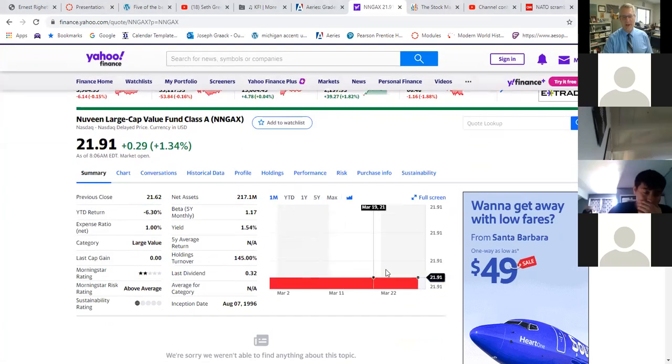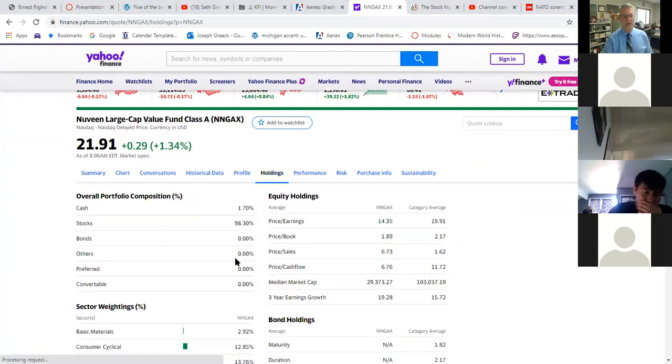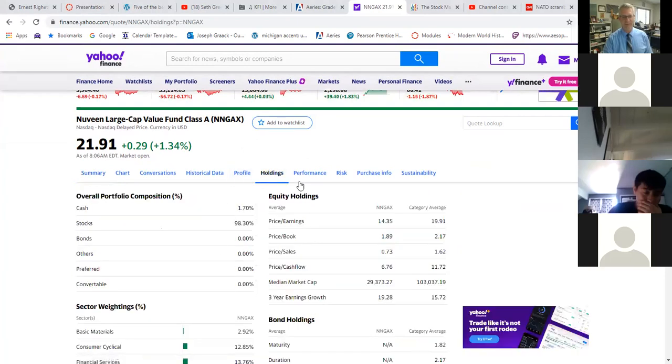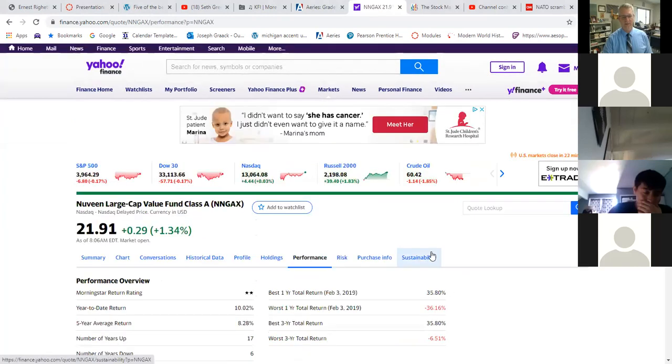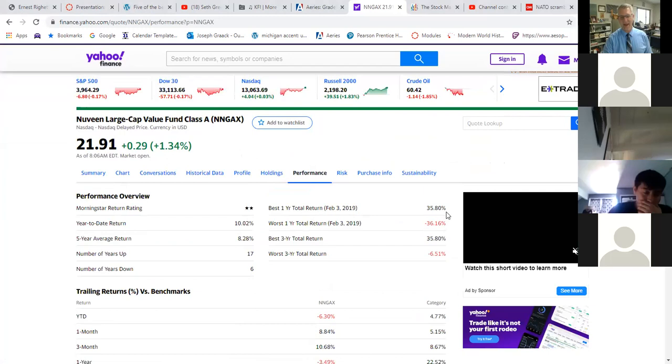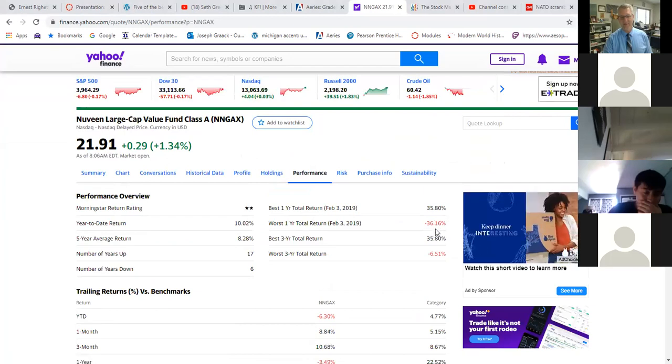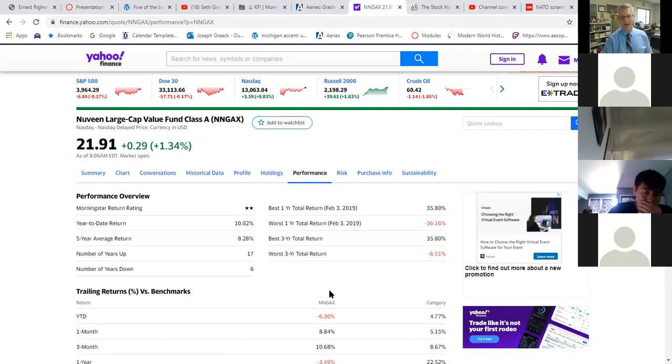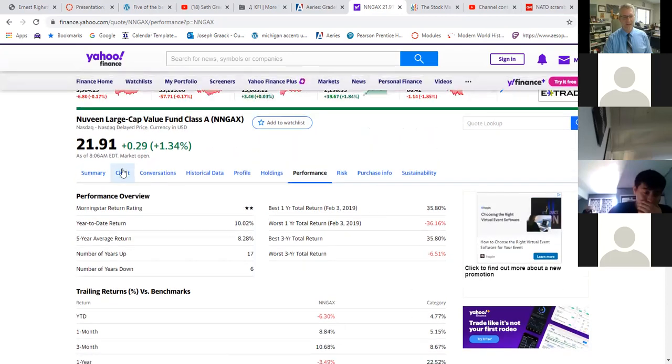So you can look at how it's been doing for the month. You see that there's been very, very little change. When you click on holdings, you can see that most of it is in stocks. Performance, it's been as high as 35.80. It's been as low as 36.16. Best 3-year total is 35.80, right? It seems like